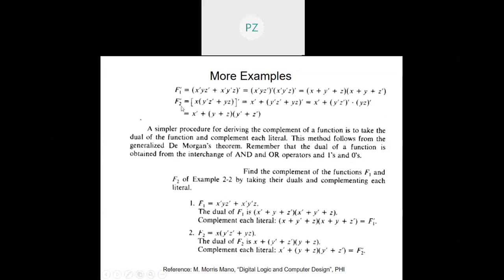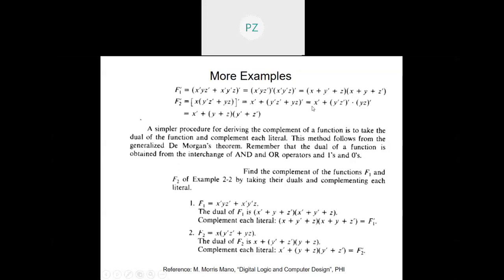Take another example. Suppose f2' is what we're trying to find out, where f2 is this part. In this part, this is one individual term x', and since this x' was ANDed with this entire term, an OR would come, and this entire term will be complemented: (y' z' + y z')'.